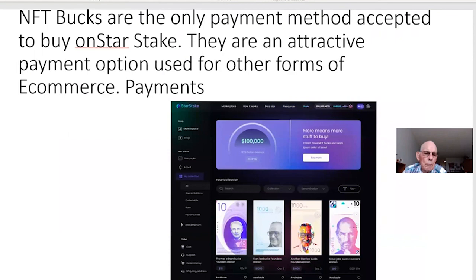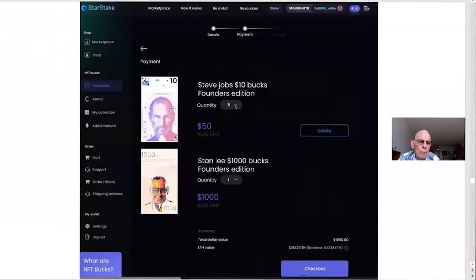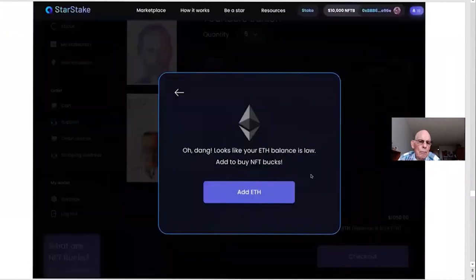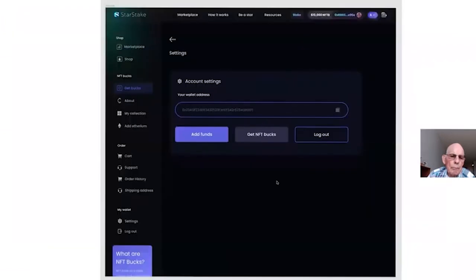It's the only payment method accepted to buy on STARSTAKE, right? They'll total up the ones they have in their wallet. They'll total up for the checkout, right? And if they don't have enough, they can go in and purchase more, which is awesome. They'll just add ETH, buy more NFT bucks, right? We've done everything in the design, you'll see,